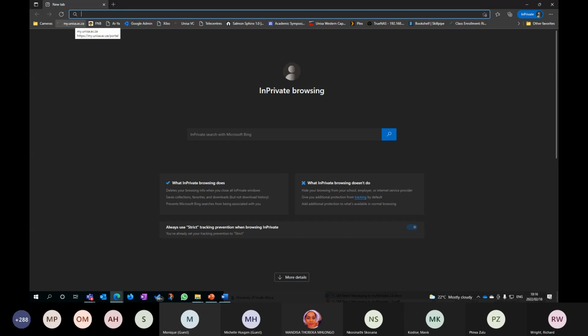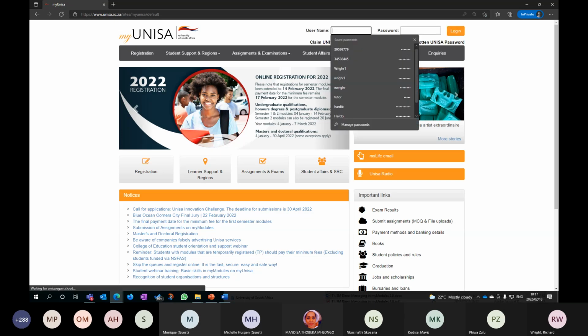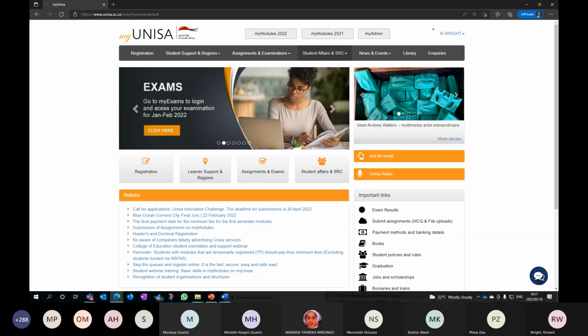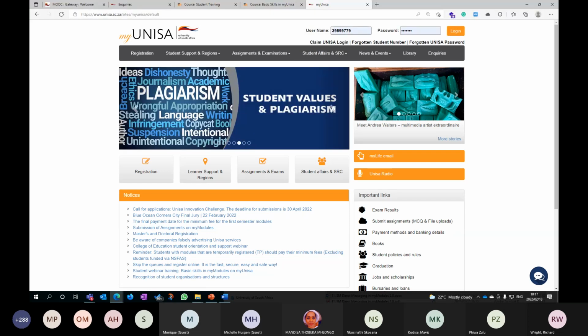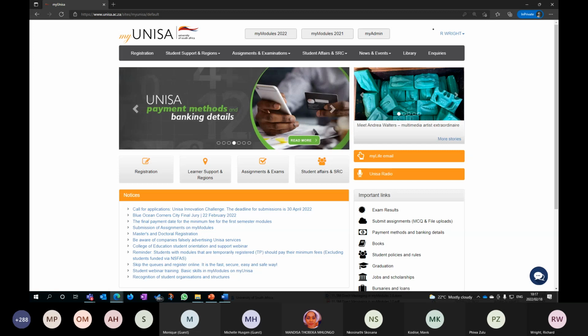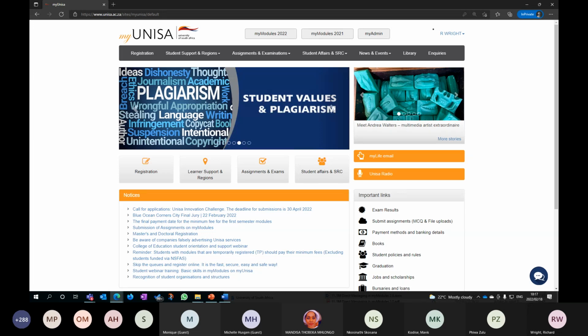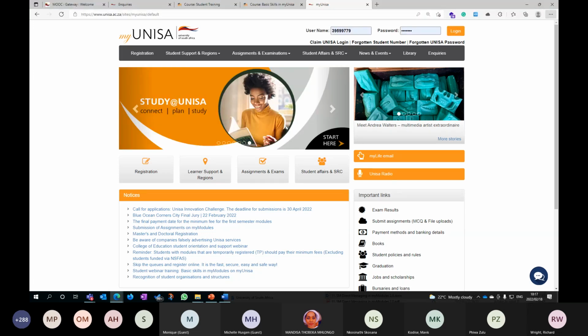In Chrome, it's called incognito window. Click on MyUnisa, and then you type in your student number and password again. So say, yeah, it didn't want to let you log in, but then you created now a private window. Remember, a private window doesn't capture cookies and all that type of thing. So you're able to log in here. That means you've got a browser cache issue. So what you need to do then is you click on